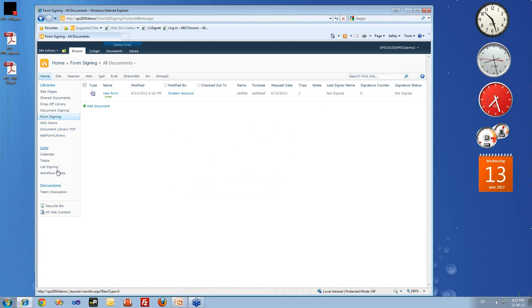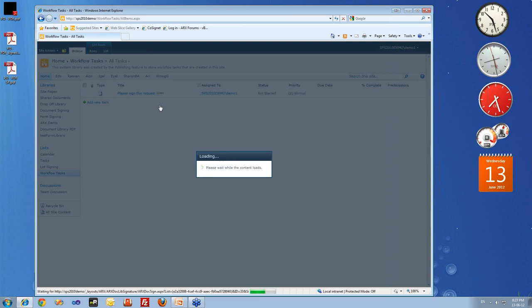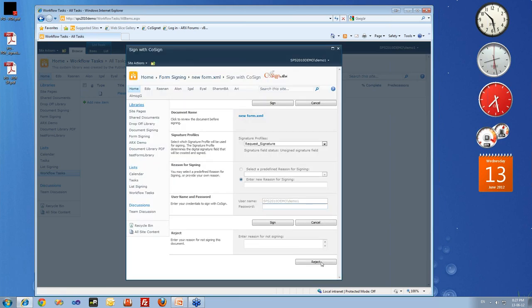Alright, and I will go to my workflow task, and you will see that there is a new task waiting for me saying please sign this request. So I will click on that task, on the edit item, and you will see that the signing ceremony is being displayed. Now it will be a bit different than the signing we did before for 2 or 3 main